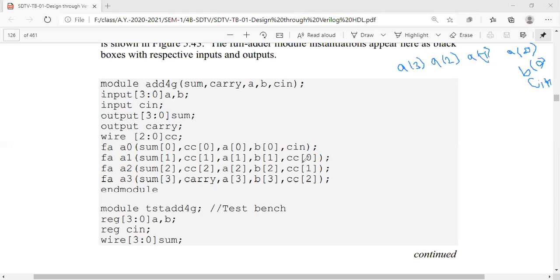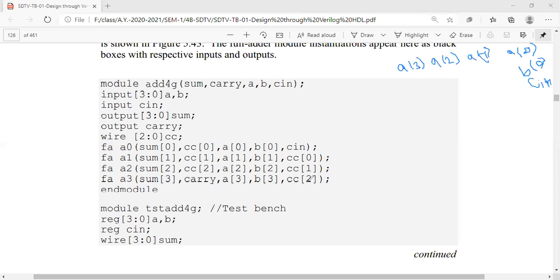Okay, now instead of C in, I make this CC of 0 as input, and I will take the help of a full adder and add these 3 bits, and it is going to produce some carry. It will be stored in CC of 1, and the sum will be stored in sum of 1 bit. And the carry I get here, I use once again as an input with A of 2 and B of 2, and now it is going to produce a carry, which I give as CC of 2, and I give the sum directly to sum of 2.